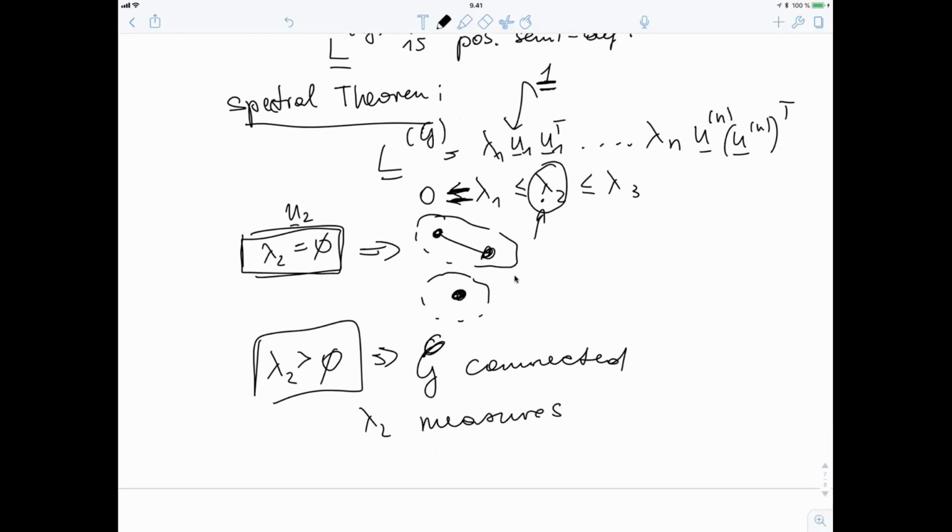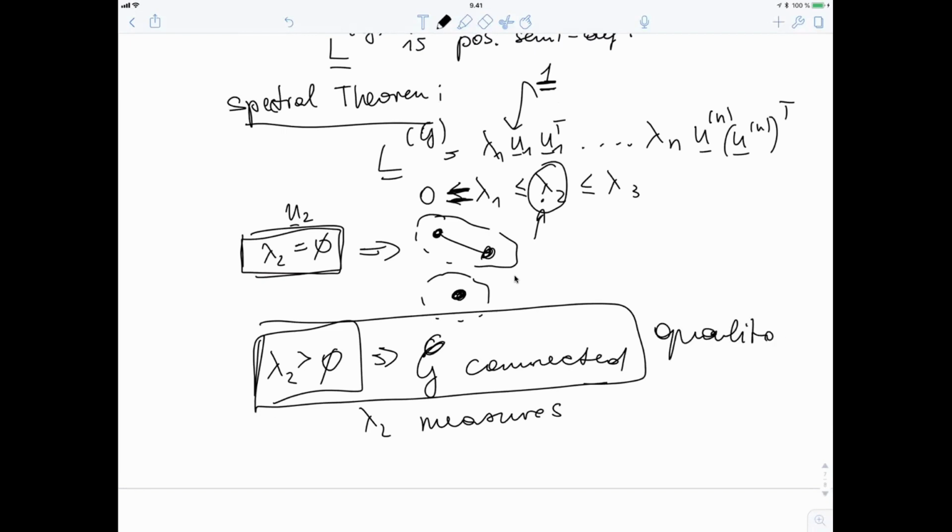So it gives us not only a qualitative statement, which is, as soon as lambda 2 is larger than 0, the graph is connected. That is a qualitative property, but also a quantitative statement. In particular, lambda 2 measures the connectivity